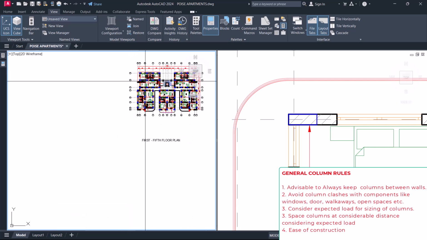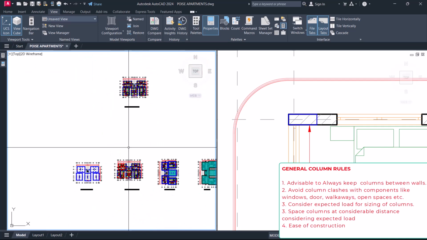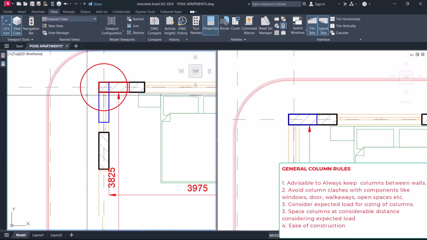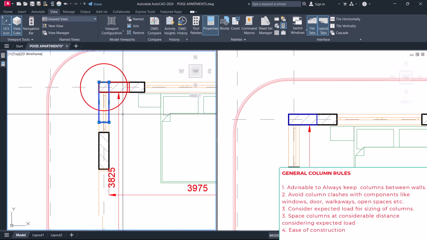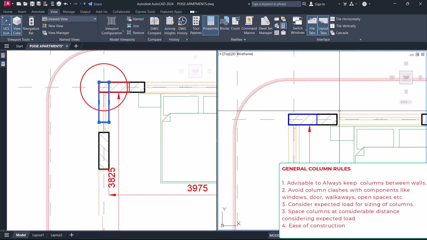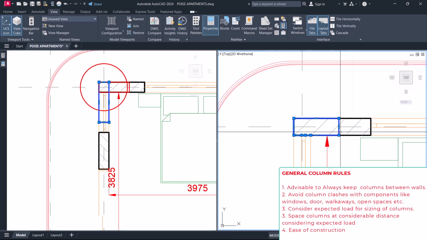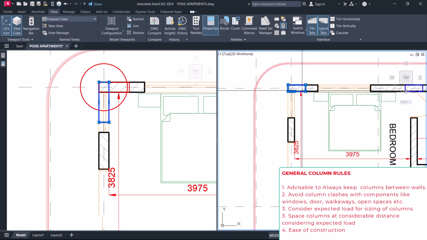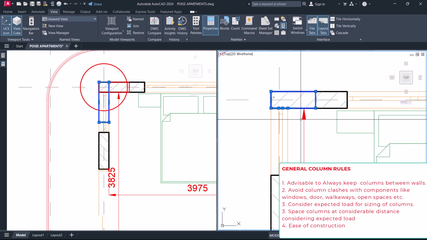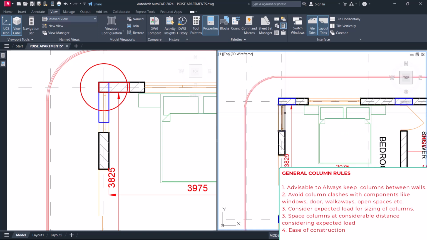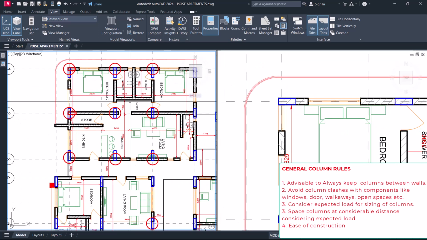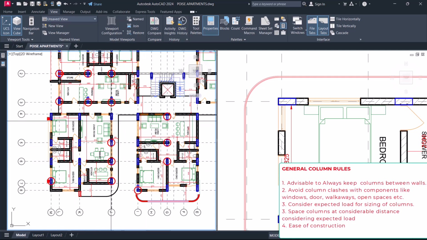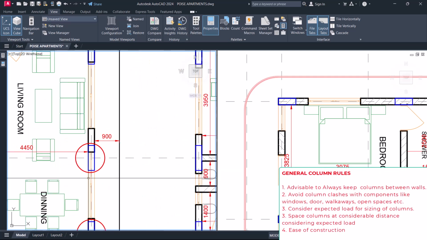And secondly, we changed some orientations of the earlier provided columns. Just like this case, it was provided in this direction, but due to the fact that we are trying to keep our columns between walls and also stay away from this architectural element, we had to rotate this to 90 degrees. So we made a lot of changes on all these columns that are marked in red circles, meaning they were having interaction with different